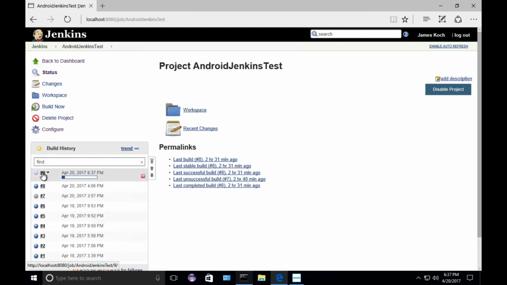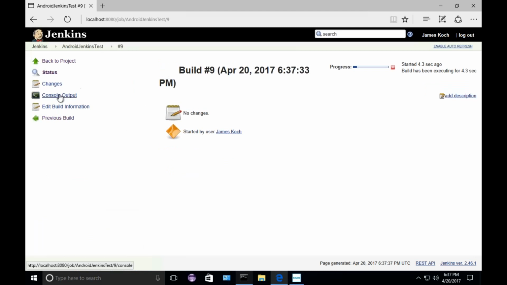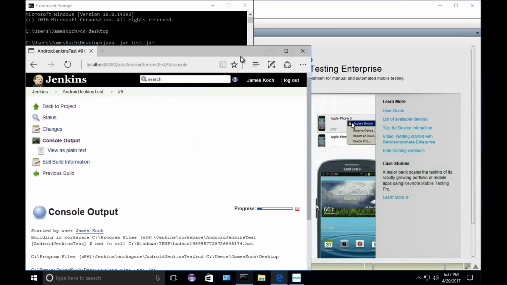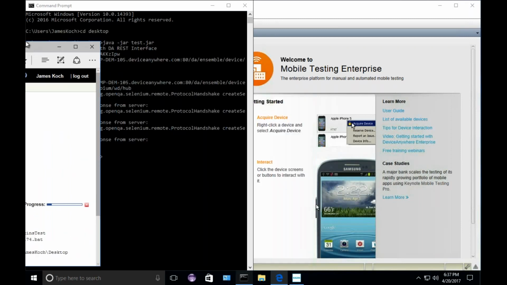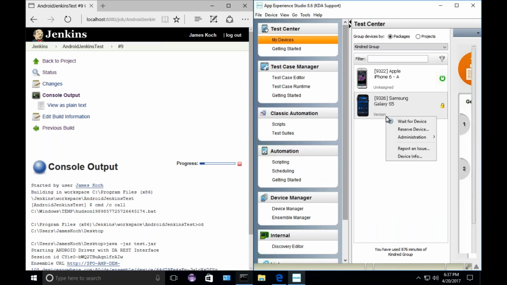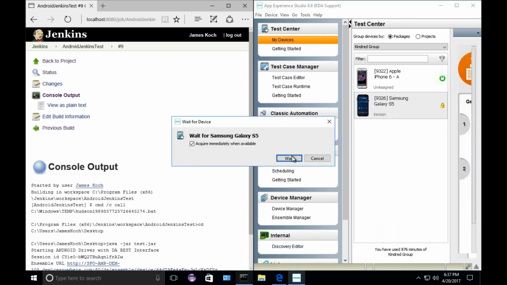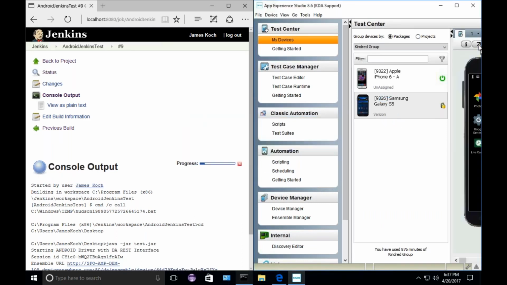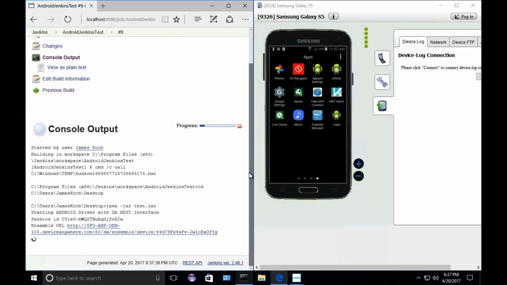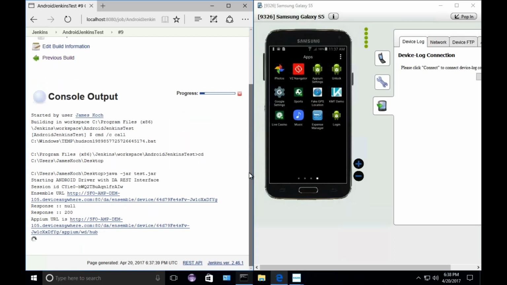So when I hit build now, and I come into my console output, oh no. For starters, we can see that the device was acquired again, so that's a good thing. Now we're waiting for the test to execute.